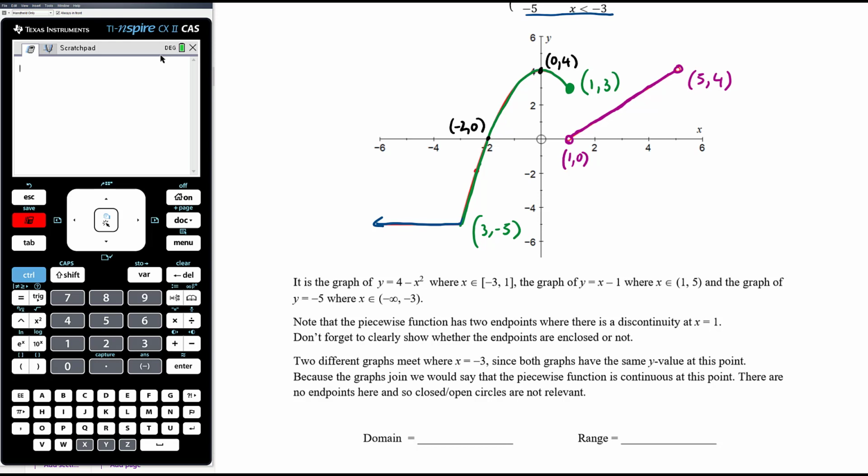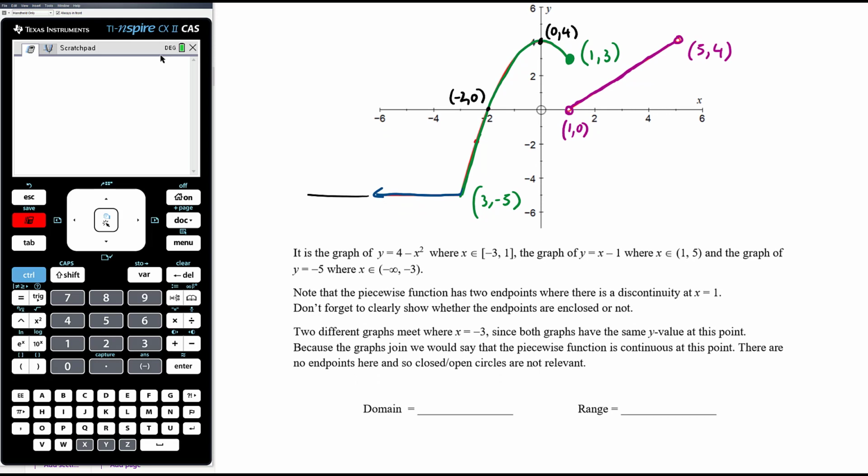So let's think about the domain of this entire function. It continues off forever down here. It doesn't continue off forever up here. So the domain is going to continue down this way and it's going to stop here. Now, there's not a hole in the domain here because when x equals 3, that point is included on the green graph, and there's also not a hole in the domain here because when x equals -3, the graph exists at that point. So the domain is going to be just -∞ up to the x-coordinate of that purple point at the end there,